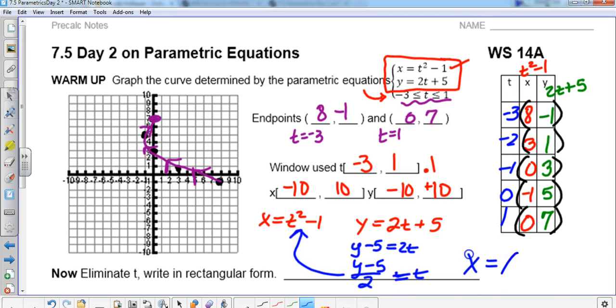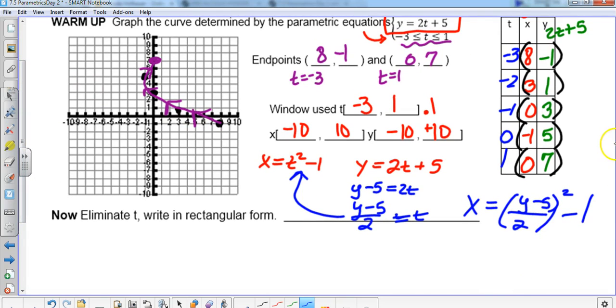So it will say x equals ((y minus 5) over 2) squared minus 1. I substituted it in. You could stop right there and I would accept that on the homework or on the quiz. If it said you had to have it in conic form or something, you would add the 1 over to this side, and it says square the top and the bottom of this fraction, and a 2 squared is 4. So if I multiply the 4 over to the other side,